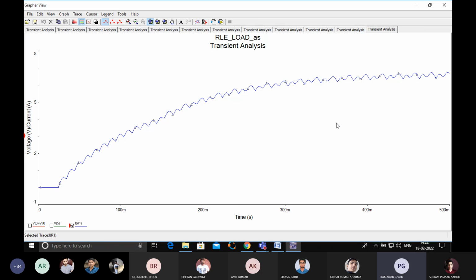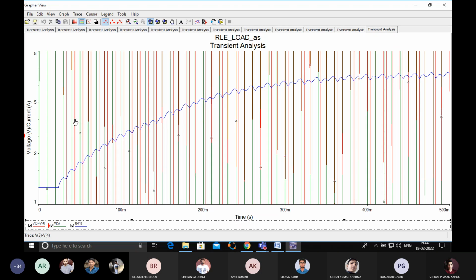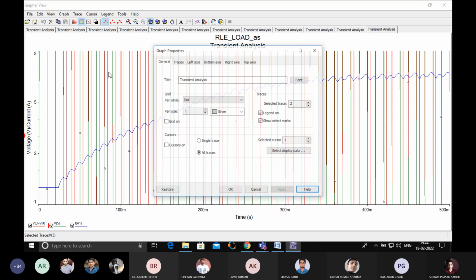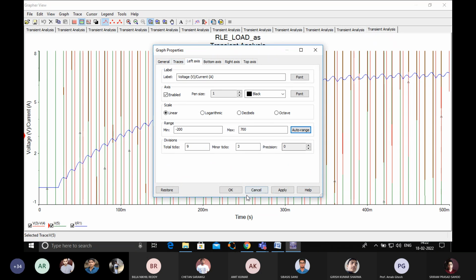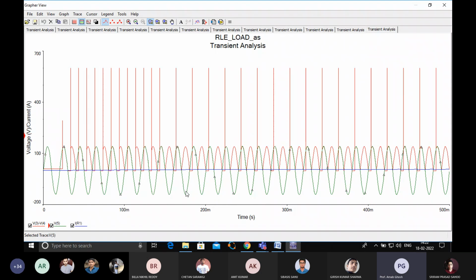In steady state also same type of thing. Now, normally current... enable all the signal. Let's see. Enable all the signal. I think, why is this coming like that? Okay. Now it's fine. Acha, now zoom it. Sir, which part?